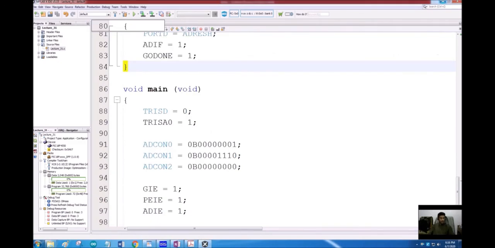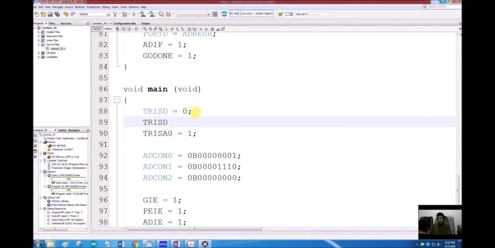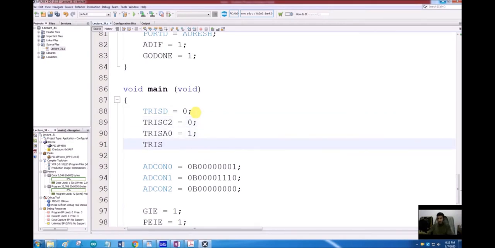So in the case of the ECCP, my port D was configured as the output, my TRIS C2 was configured as an output, my TRIS B0 was configured as an input.